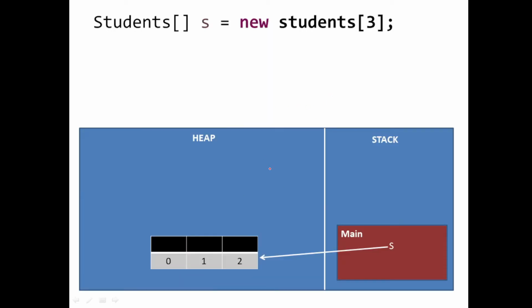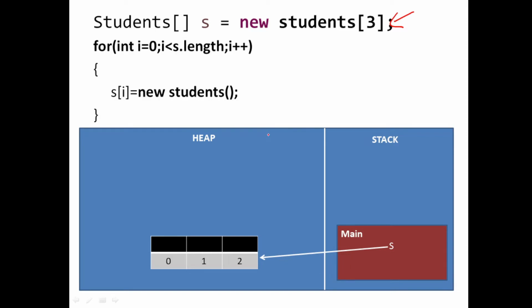So here, this is what is created when you execute this statement. But within this array, you can't store the students' data. So you should allocate separate areas on the heap for storing the students' data. For that, you have to write code that is given here. So you have to run through the length of the array. And then you start with s of 0 is equal to new student. So what is this? I will be starting from 0. So s of 0 is equal to new student, in the sense